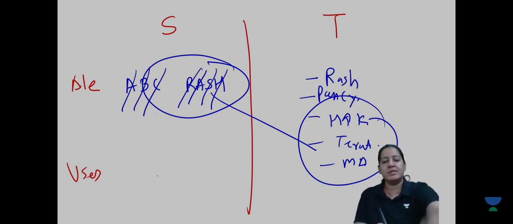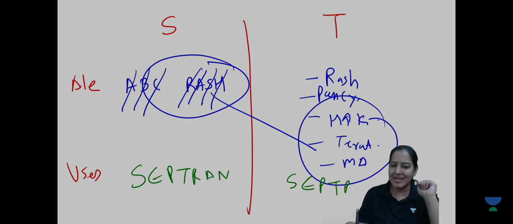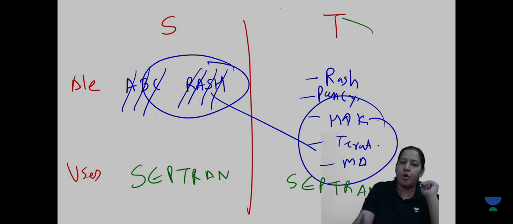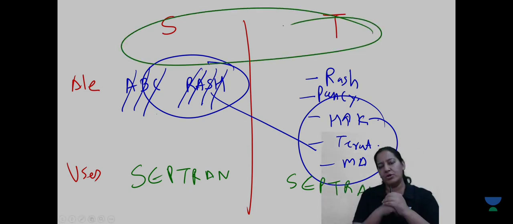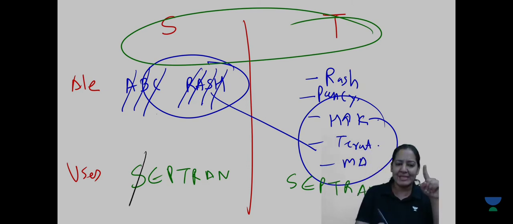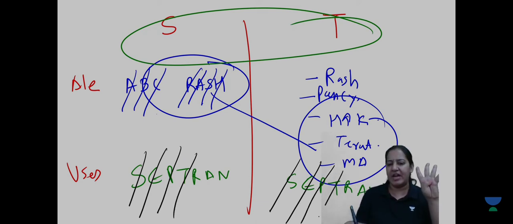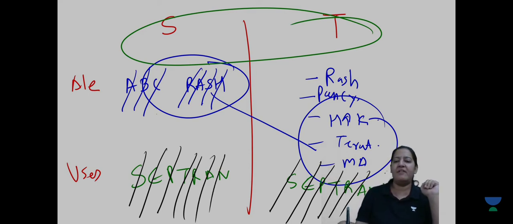Coming on the uses, they are the same. Here also the use is septron, and here also the use is septron, because septron is the use of the combination, and the combination contains both. So tell me the full form of septron. Who will tell me the full form of septron? S for STD, E for arthritis, P for pneumocystis carinii and jejuni, T for typhoid, R for RTI, A for acute UTI, and N for nocardia.